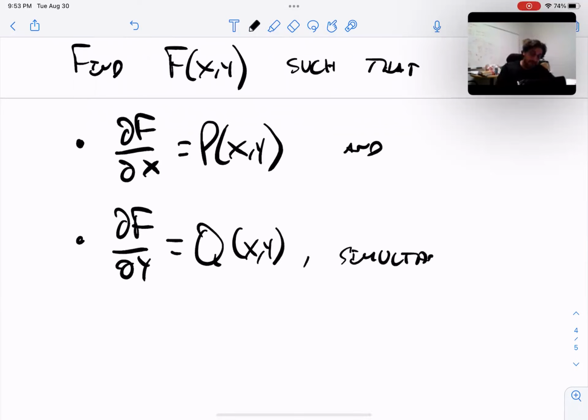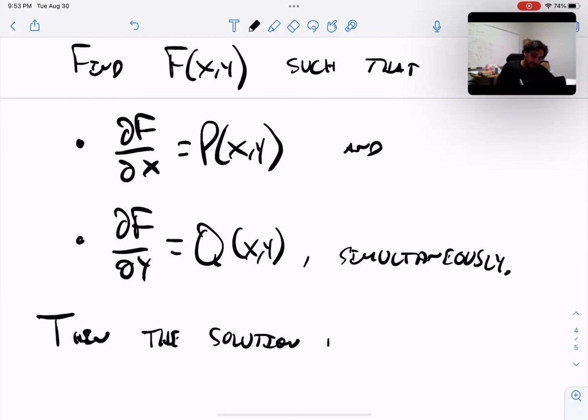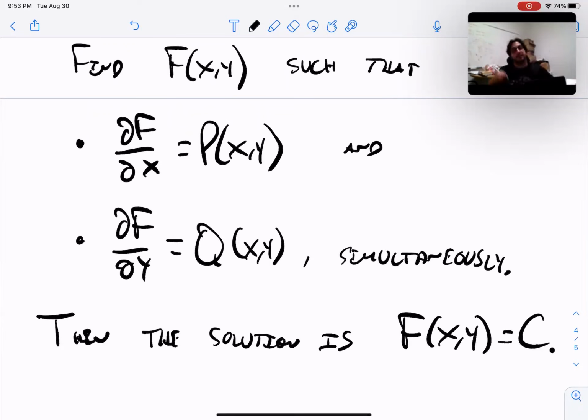So you want the same f to work for both of those equations, right? Then the solution to the DE is f of x, y equals c. It's just the level curves of that surface. You could think of that as